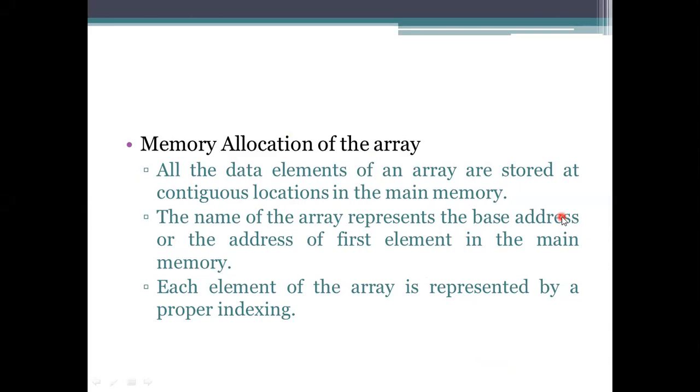How is it going to be stored in the main memory, and how is it accessed? The elements we choose for storing into the array should be in contiguous, that is continuous, locations. The space allocated to each and every element depends on the data type used, and we are storing this in the main memory.